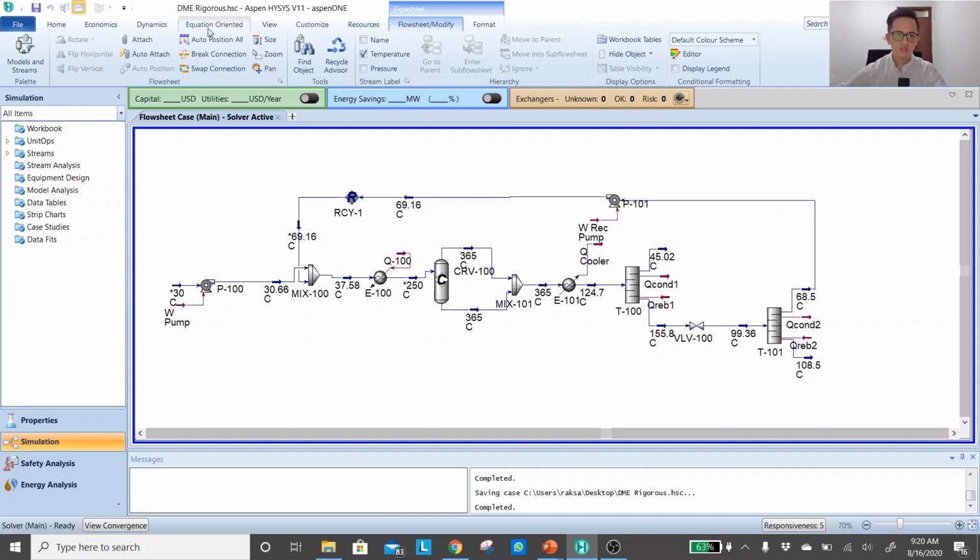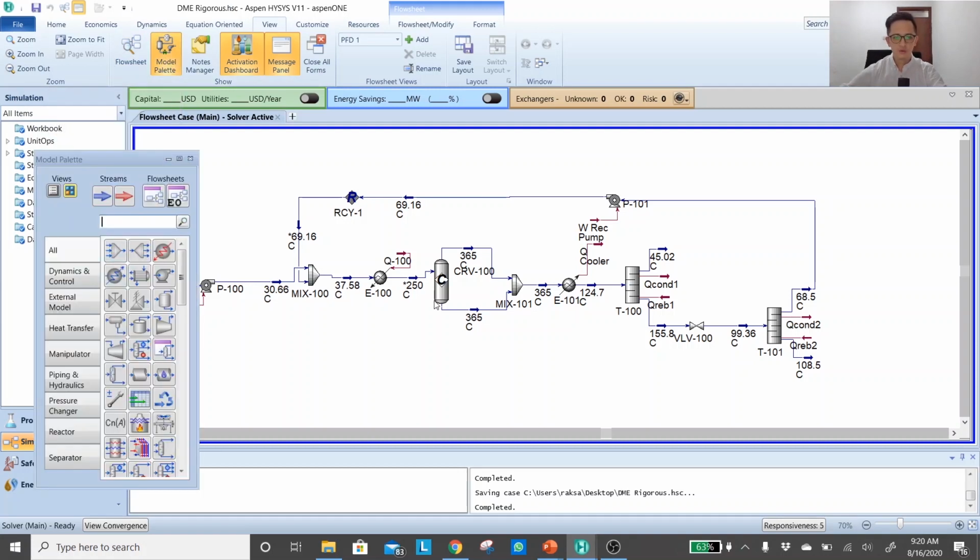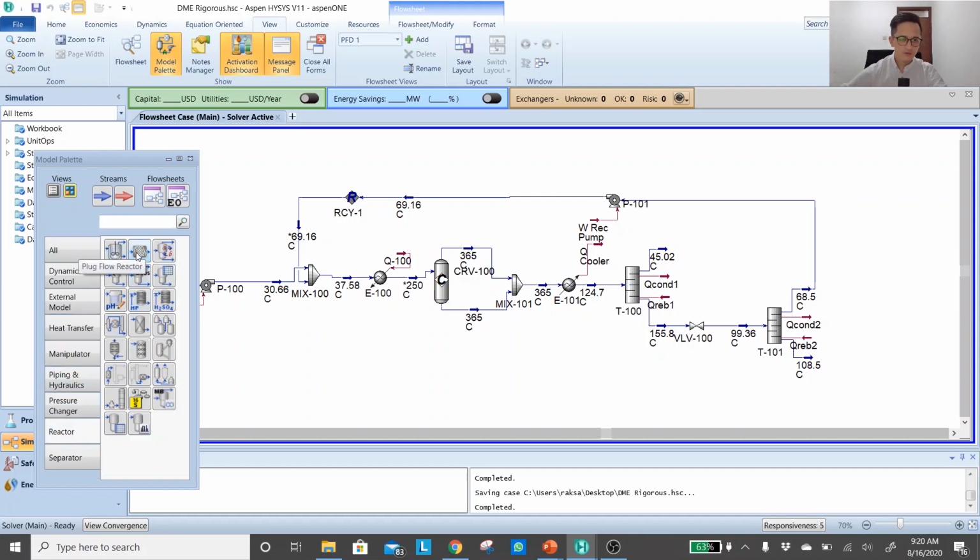Okay, so let's add the new rigorous equipment. So you go to the view and then model palette, and then first I would like to change the conversion reactor with the PFR. Later on I will add the first distillation column and the second distillation column. For the heat exchanger, I will not replace it with the shell and tube heat exchanger in this exercise or in this video. I will do that in the next video because I will talk as well about the heat integration purpose. Okay, so for the reactor, we have to choose the plug flow reactor, which looks like a pipe,